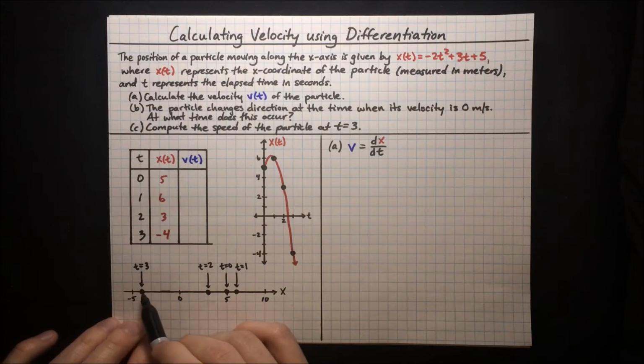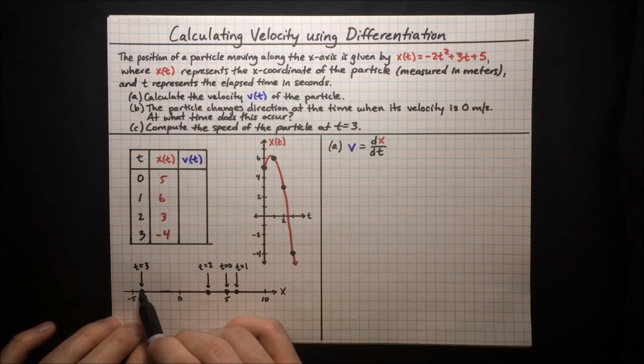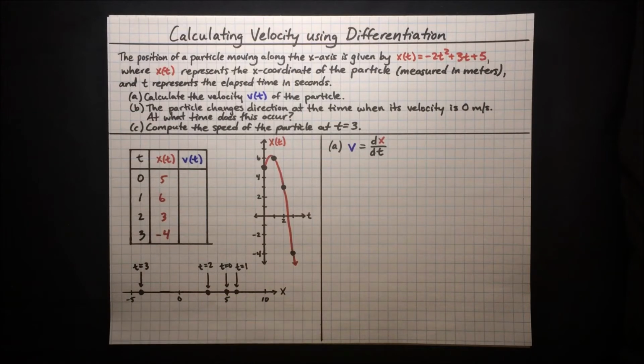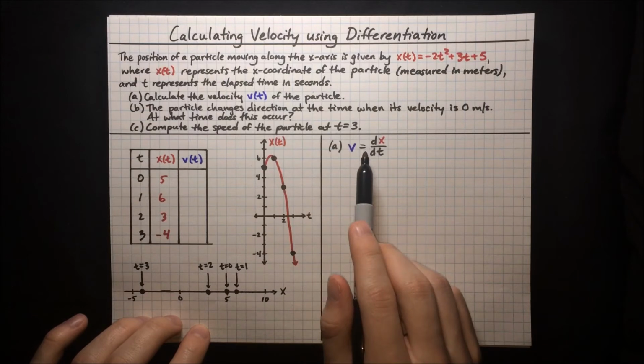Now it's at the x-coordinate of -4. So it's reached the origin and it's completely passed it up and kept going over to the left. Alright, so now that we have a picture of what's going on here, let's go ahead and compute our velocity